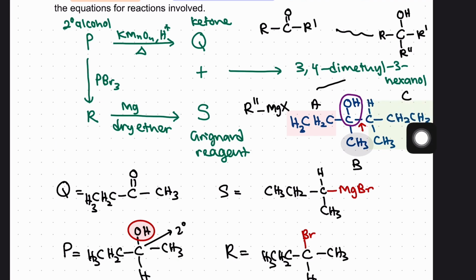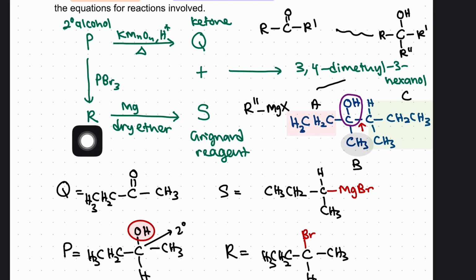So with this, we have identified which is R prime and which is R double prime in our structure here, and we try to match back which alkyl group comes from the ketone and which one comes from the Grignard. If let's say you had chosen A and C coming from the ketone, that would be quite impossible because it would mean that B is coming from the Grignard. And then if we work backwards, it would be just